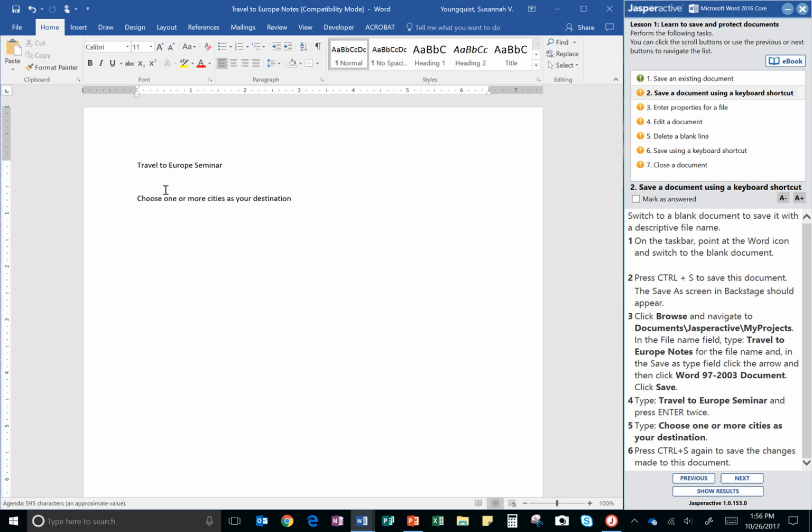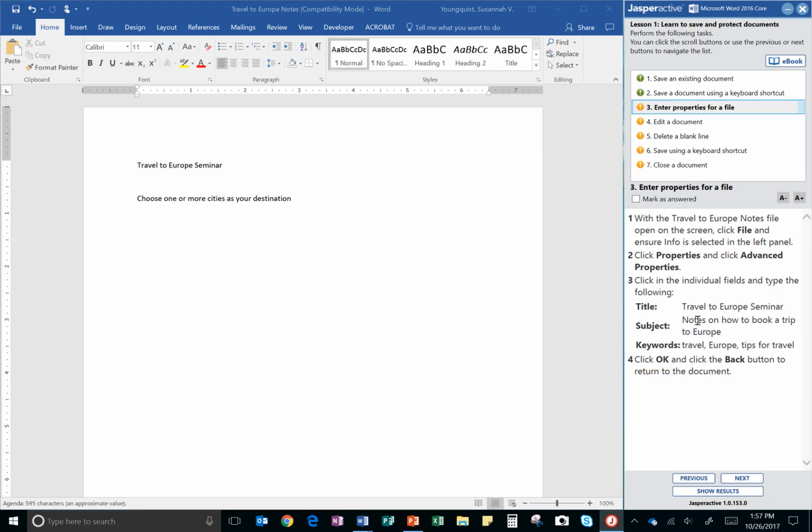There you go. So I know it's saved. I can click Mark as Answered and go to Next. Now the next step says with the Travel to Europe Notes file open on the screen, click File, that's up here,